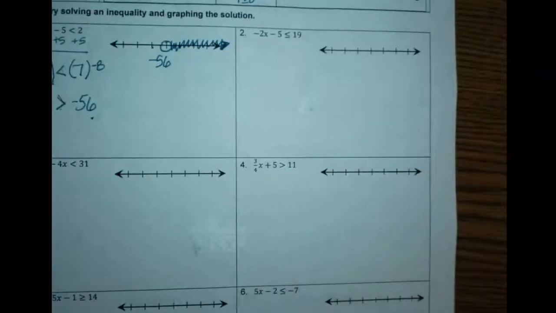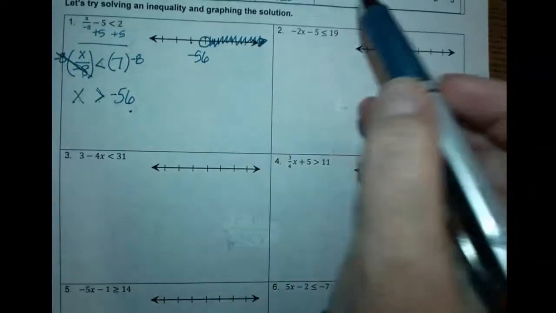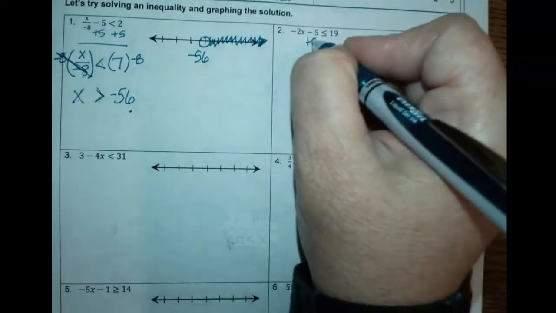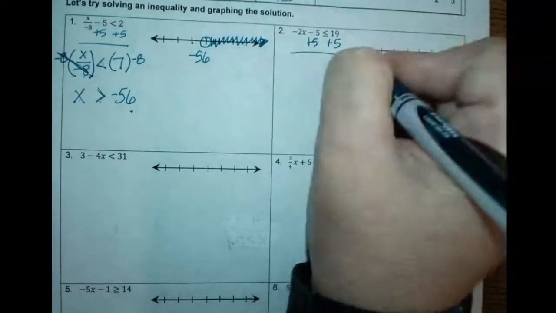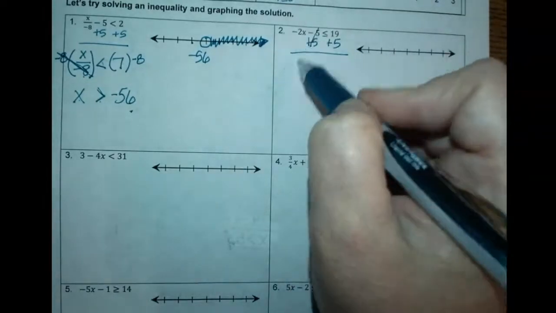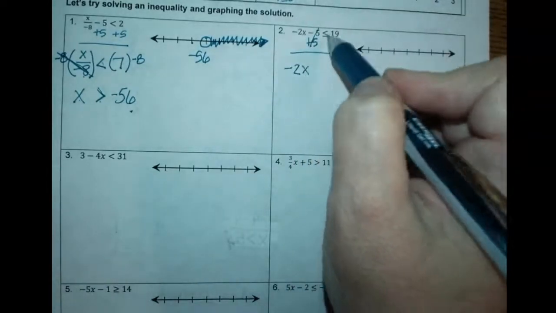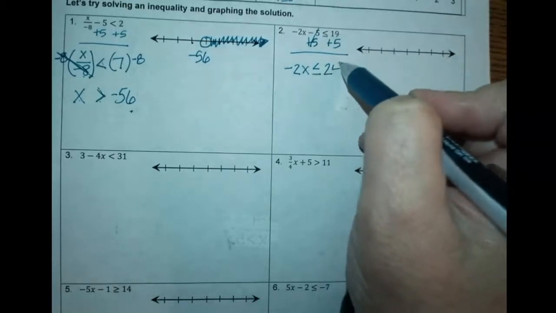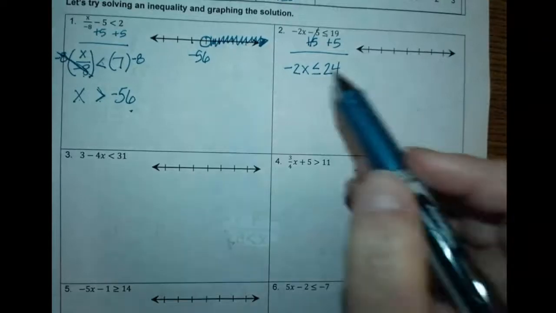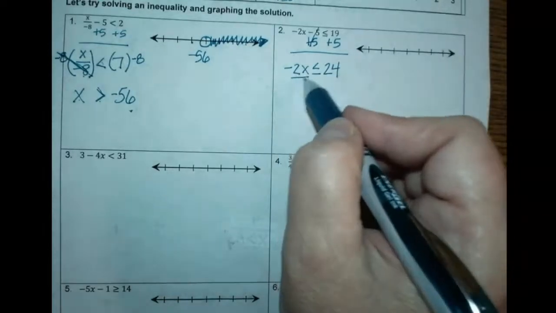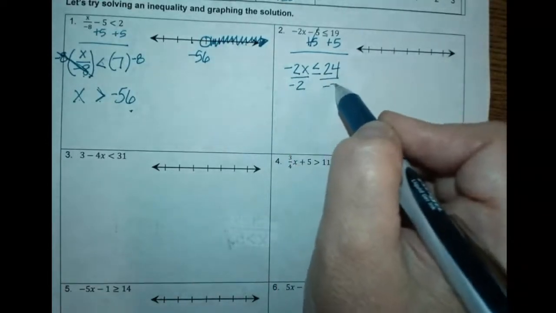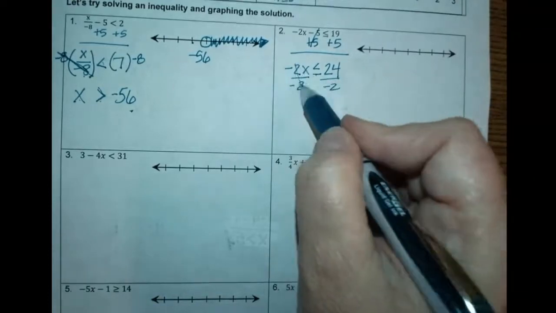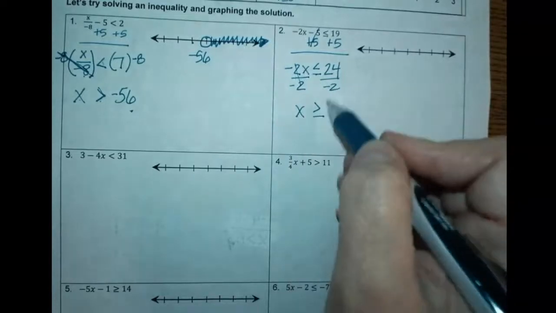Let's try number 2. We're trying to isolate this -2x so we can get x alone. So we're going to add 5 to both sides of the inequality. These cancel, and I'm left with -2x is less than or equal to 19 plus 5, which is 24. To get x alone, I've got to divide by a negative. What happens is my sign is going to change directions, and I'm left with x is greater than or equal to